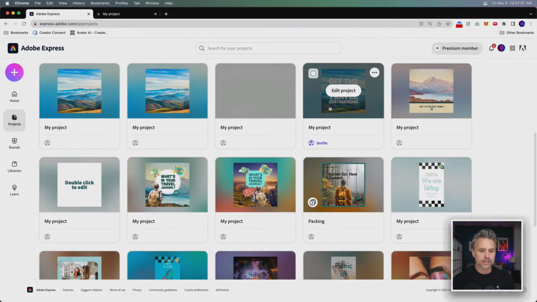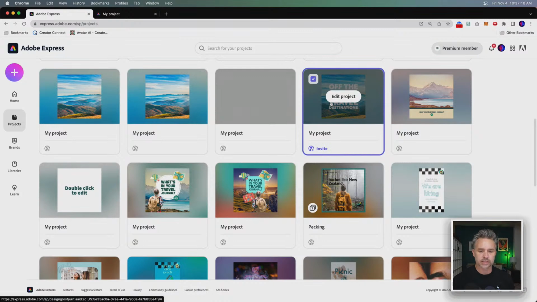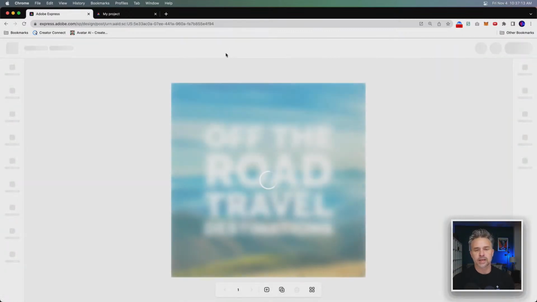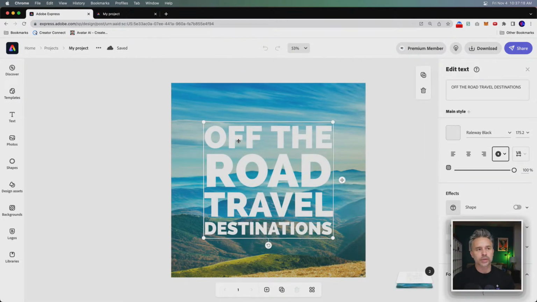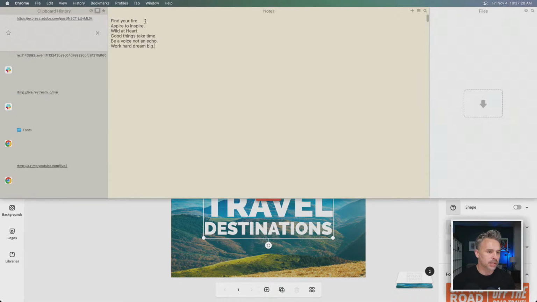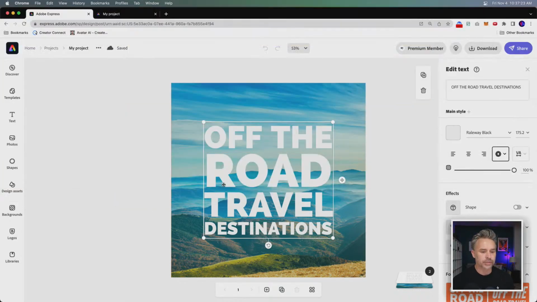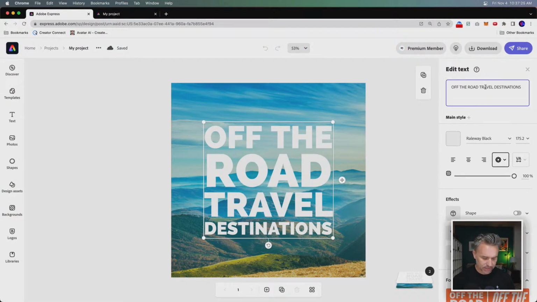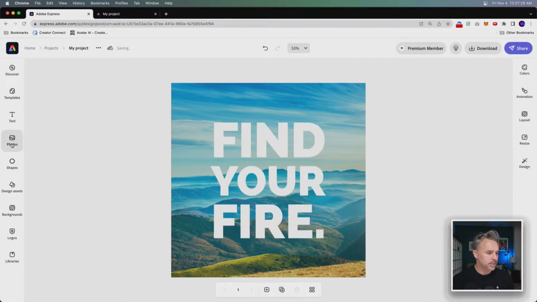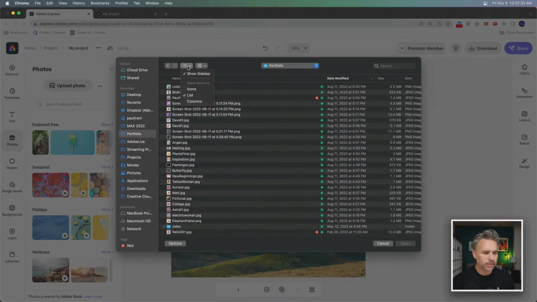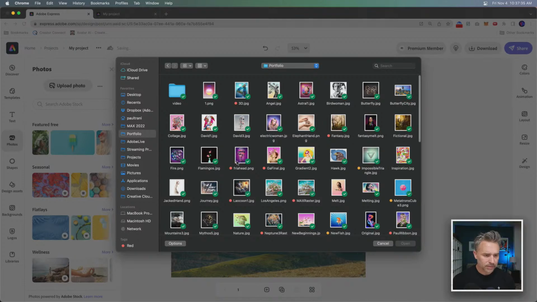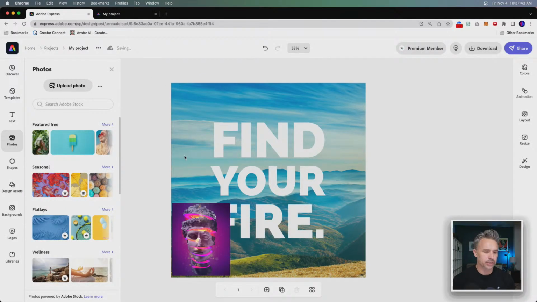Even as I take a look at just like this piece, this post really fast, that is slightly more complex. There's text in here. So when you start to add text, what I would do is I would say, you know, like, find your fire, or do something cool, like, just add some cool text in there. So give me a second. Adding some text, grabbing a photo from my portfolio, and we'll do something like this, because this seems to be like very find your fire-ish.